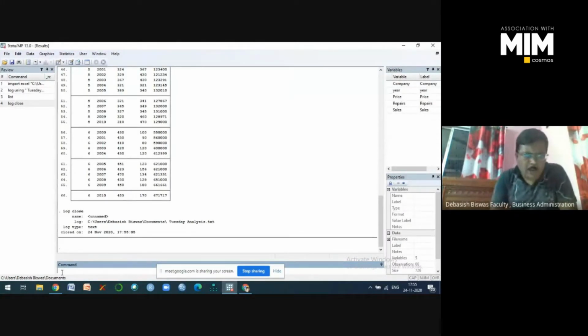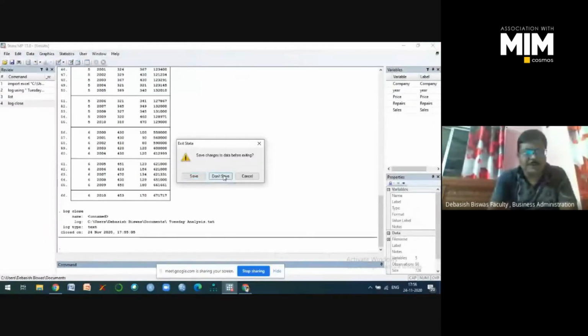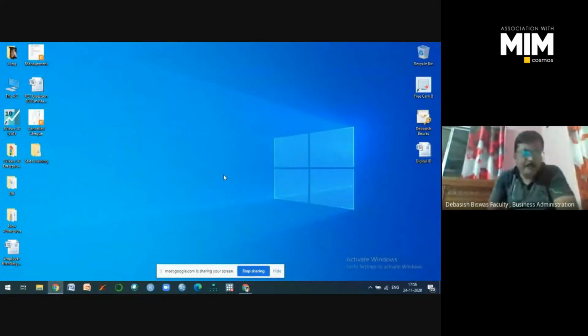So now if you want to open the log file, then you may also open it. So after closing the log file, suppose my operation has been completed and I'm just completing the session. So don't save. Yes. Now if you want to see the result, because you have already created the log file,